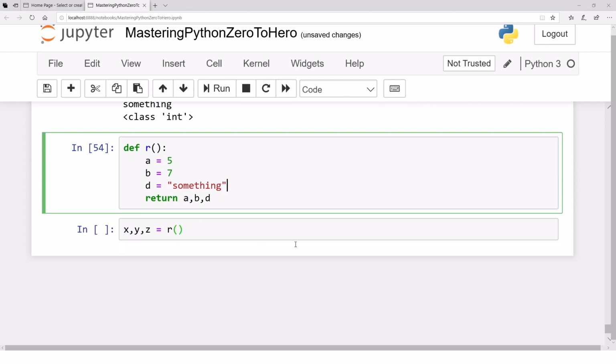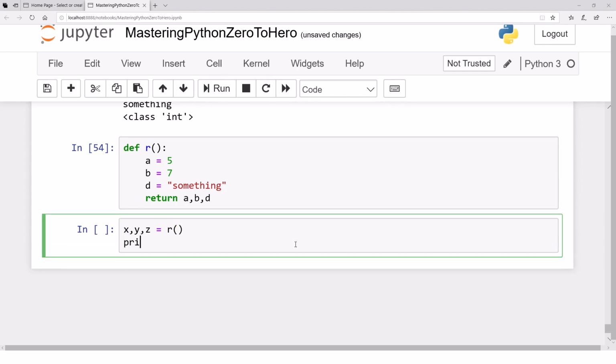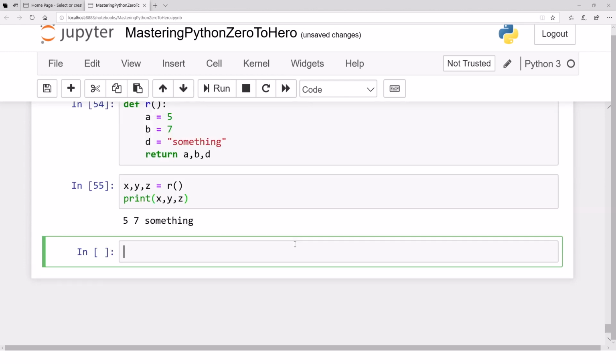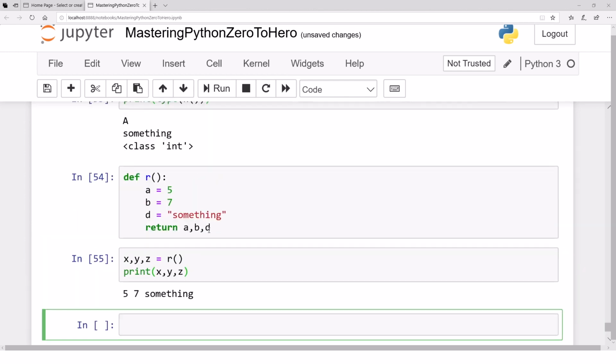So let's run this and just print all these things, x, y, and z. So yeah, 5, 7, and something. So this return statement is really powerful. I mean, it can return multiple values. Not all the languages actually